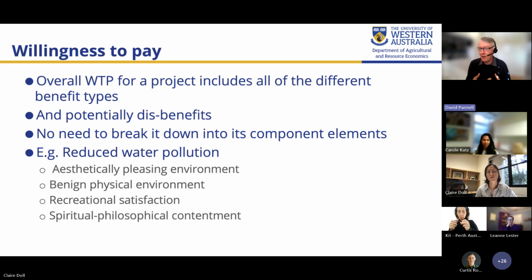And it might be helpful to break the benefits down into all those components in order to help us target effort into particular parts of the package. But in terms of an overall decision about whether a defined project is worth doing or not, we actually don't really need to do that. All we're really interested in is the totality of the benefits. And some of the methods that we have for estimating willingness to pay of environmental benefits make it quite difficult to break it down. Not impossible, but quite challenging. All right, next.